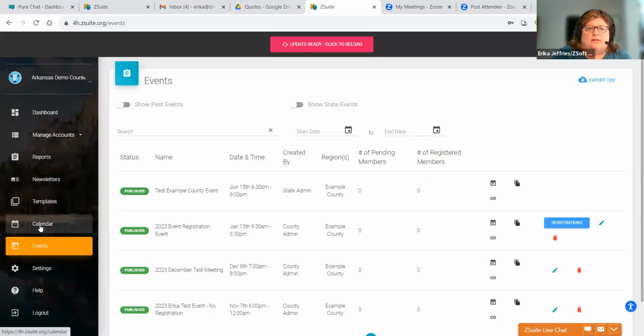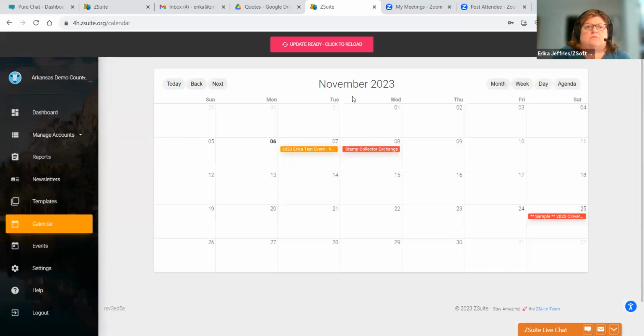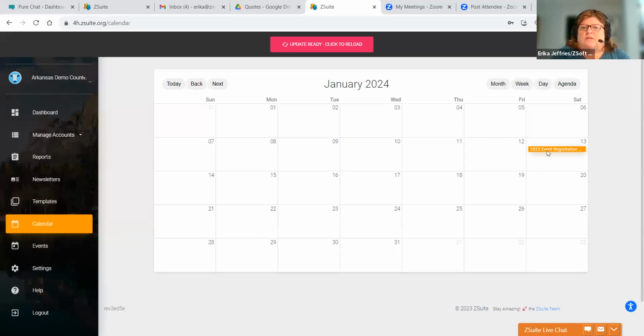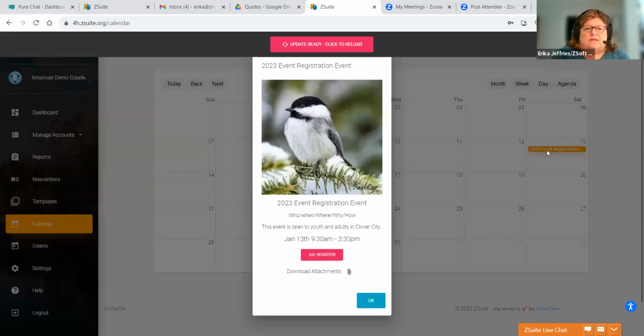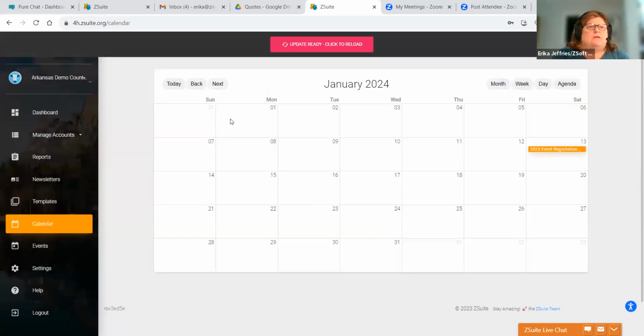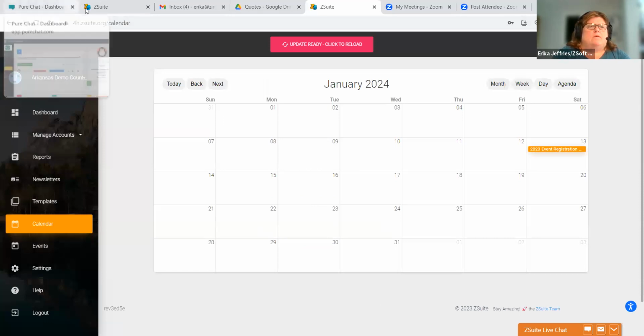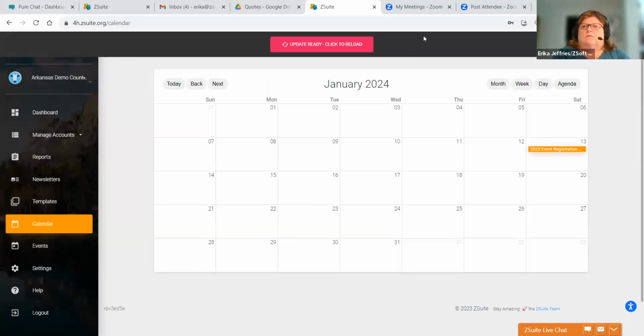So when we go to the calendar, registration. So there's the event we just did. So we're in 4-H, we can register, but as an external participant, we